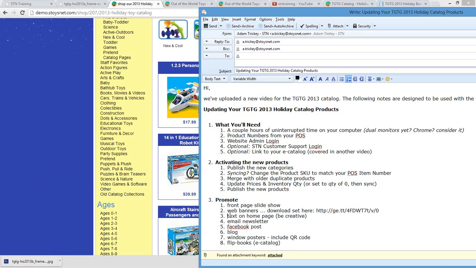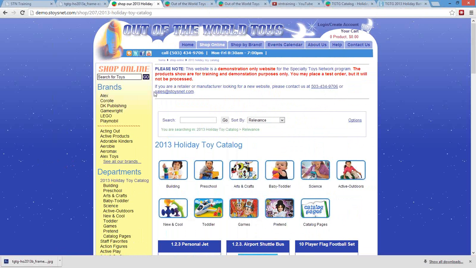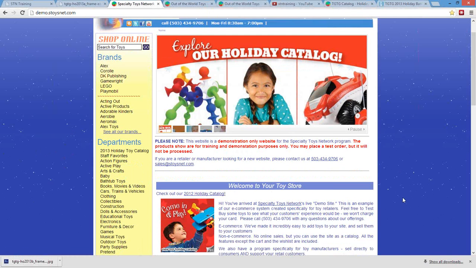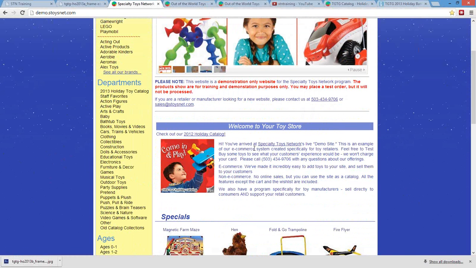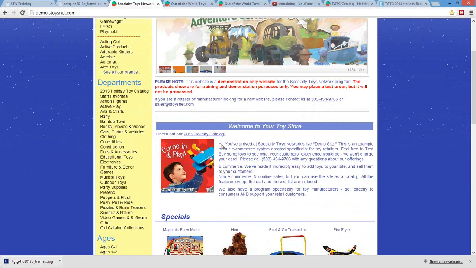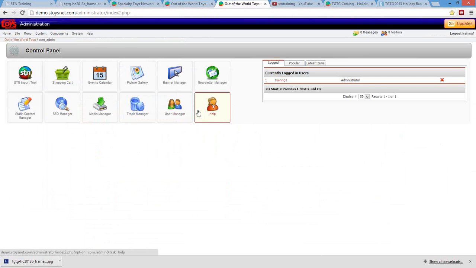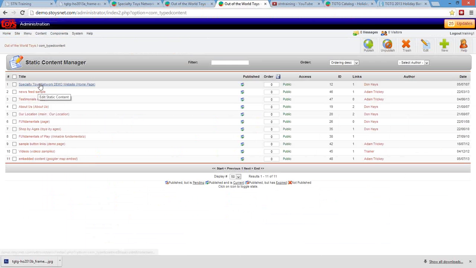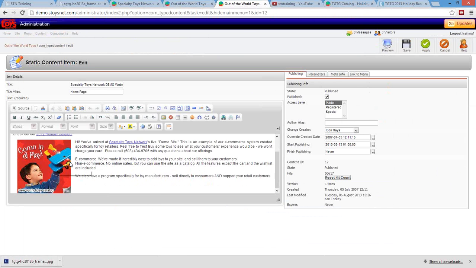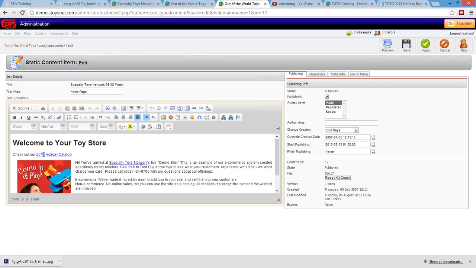Let's look at text on the home page, though. Search engines really require good meta information, and text is one of those bits that they can really hang on to. So you want to update the home page textual information as well to give your search engine something to hang on to. So we'll go back into the website. In this case, it's probably going to be a static content page, and a home page or welcome page or something like that. So I'm just going to change this item to 2013 catalog,